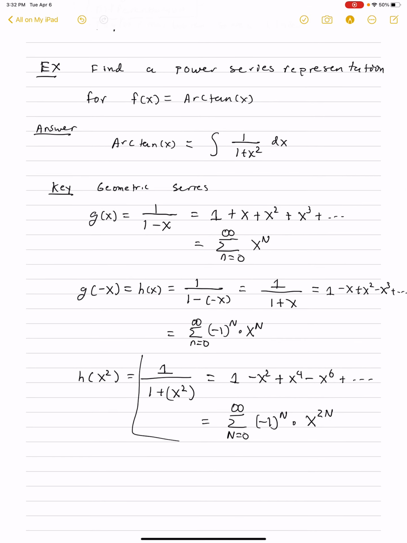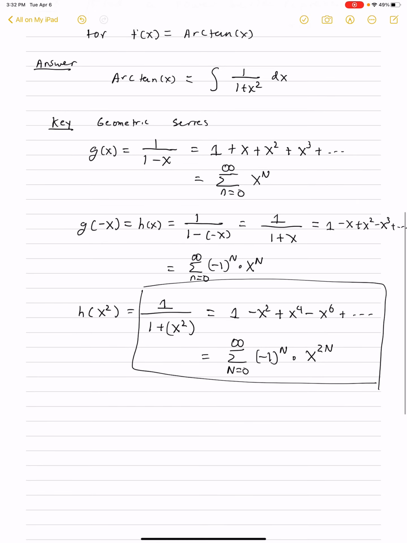Notice this function is represented by the series on the right. That is exactly what the arctangent is the integral of. Let's use this fact to find our representation of arctangent. Arctangent of x, which is what we seek to represent, is the integral of 1 over 1 plus x squared dx,